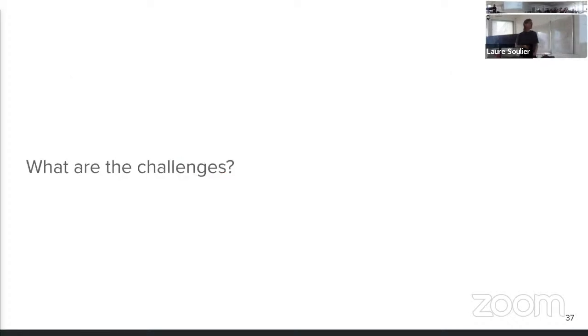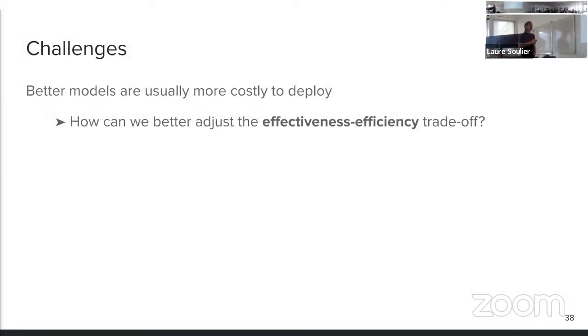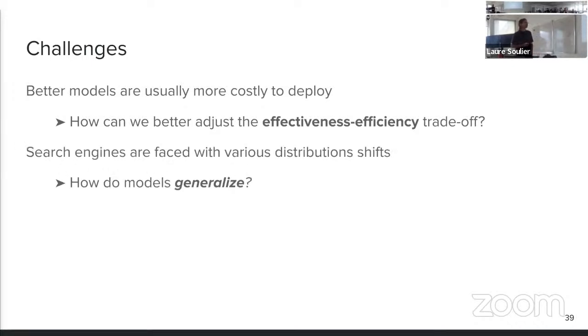So when I started my PhD, the field was moving quite fast, but there were still some ongoing challenges. For instance, while it's really interesting to improve the effectiveness of the model, we have to keep in mind the efficiency aspect. This trade-off is central to this thesis. The IR field switched from traditional unsupervised lexical approaches to supervised ranking models. And so one natural question arises: how do these models generalize?